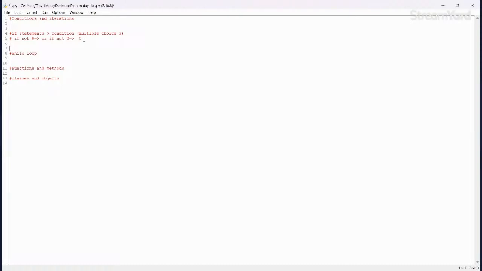Let's say I have a mark, my average mark for the year, and I did really well and I got 78%. This is just an example. As you can see, I'm using a variable. Now I want to check whether I passed, got a distinction, or failed. So let's look at our conditions.